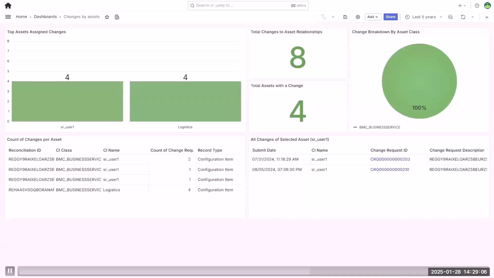The changes by asset dashboard is an excellent example of how a well-structured, intuitive visual tool can streamline the tracking and management of changes across different assets. Let's break down the key components of this dashboard and explore how it contributes to better decision making and operational efficiency. The first panel, top assets assigned changes, displays a bar chart that provides a visual representation of the